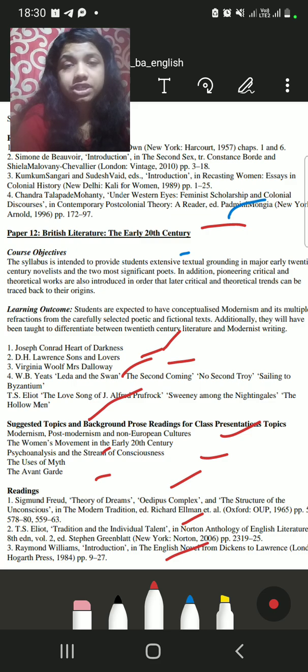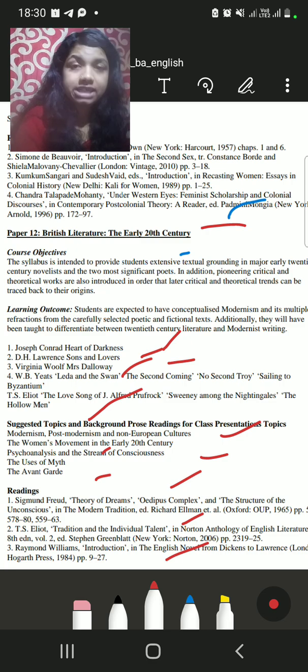First, Joseph Conrad, Heart of Darkness, it's a novel. It's a novel which is the most important postcolonial text, you can say. It's a text where you get a nice glimpse of colonization, and the effect is the most important. You must read it. We'll be dealing with this.